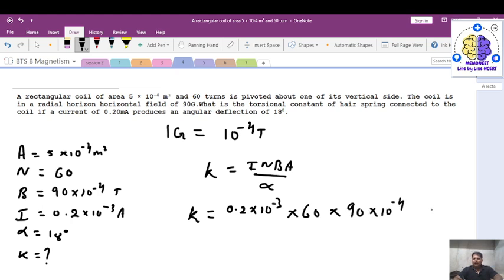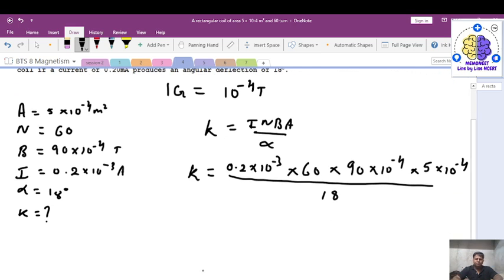Area is 5 into 10 to the power of minus 4, this whole upon 18, and solving this we get the value of constant K as 3 into 10 to the power of minus 9 Newton meter per degree,